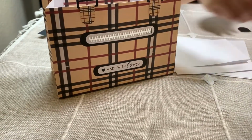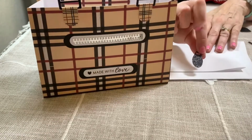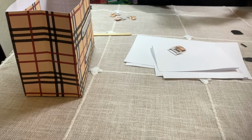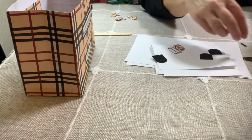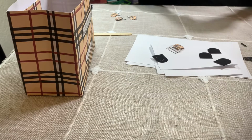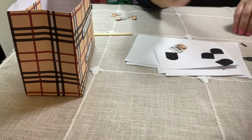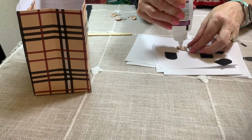Okay, so now we are going to add the pole. Here's the pole. Okay, so now what we're going to do is apply the buckle to this black piece, and you have 4 of these. So let me go ahead and put glue on the back, and this is a different, like a scruffier material. I think I'm going to try using tacky glue and see if that holds. I'm not sure how the glue stick will do. So I'm going to go ahead and add some of the glue,